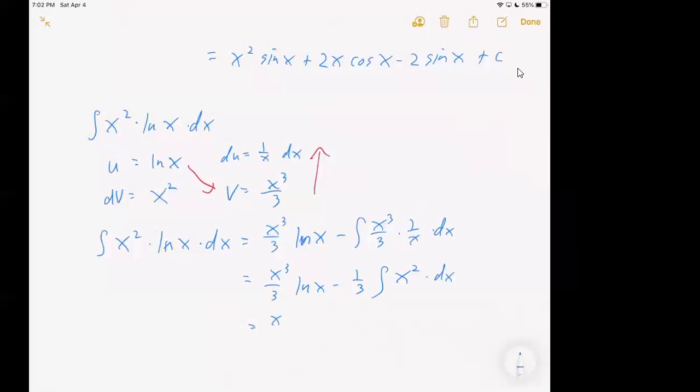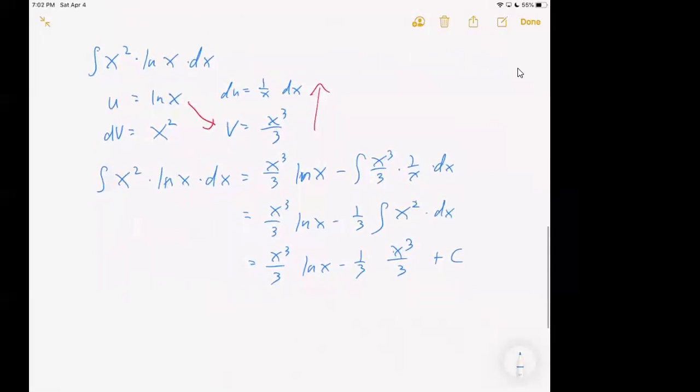And we know how to integrate that. So x cubed over 3 ln of x minus 1/3. And then the antiderivative is x cubed over 3 again, plus a c. And obviously we want to simplify that last fraction down, so we have x cubed over 3, or 1/3 x cubed, ln of x minus x cubed over 9 plus c. So that was not an iterative process. Notice we only had to do it once